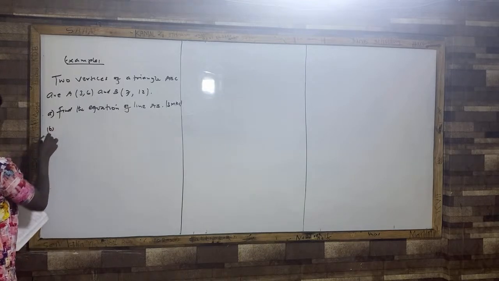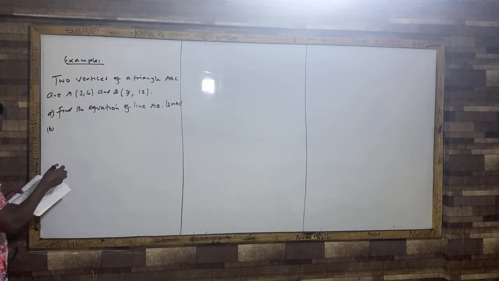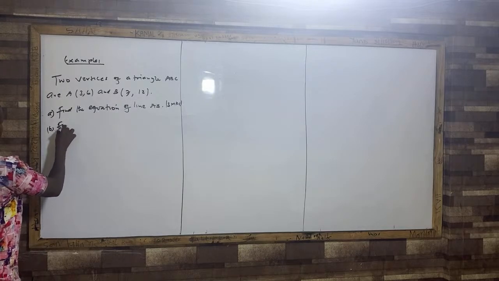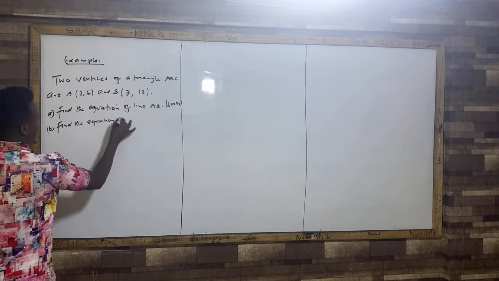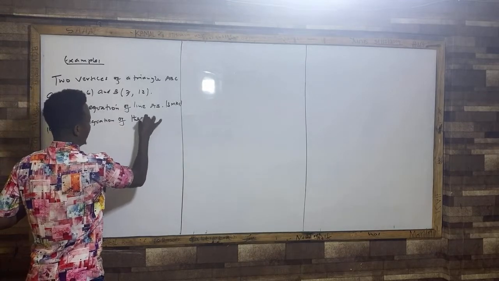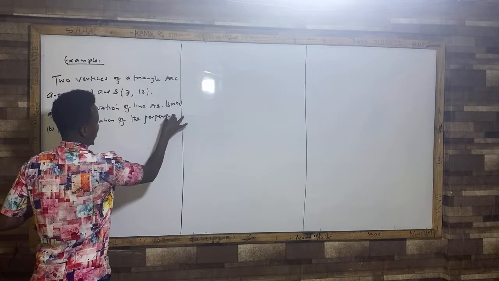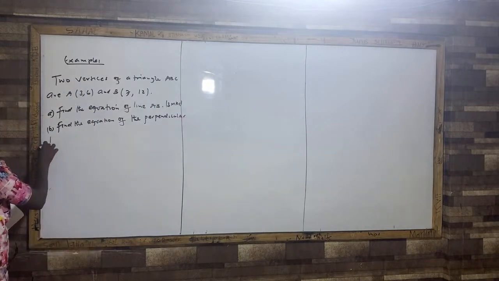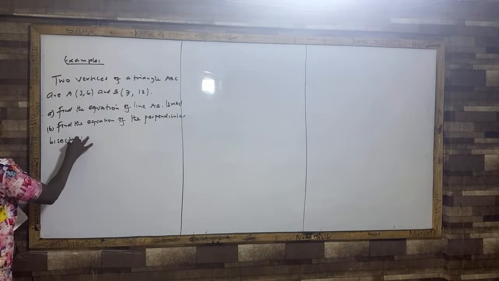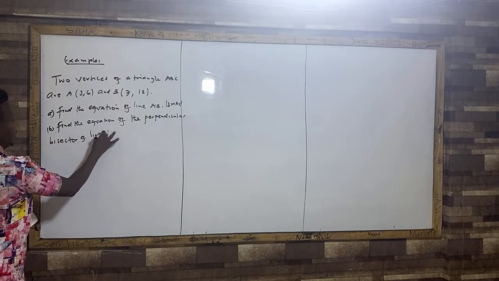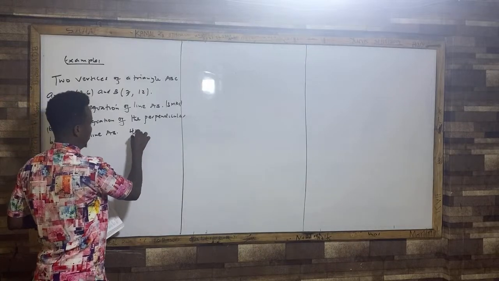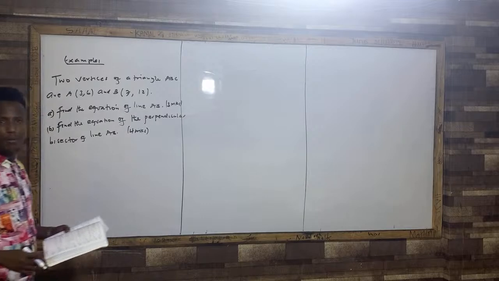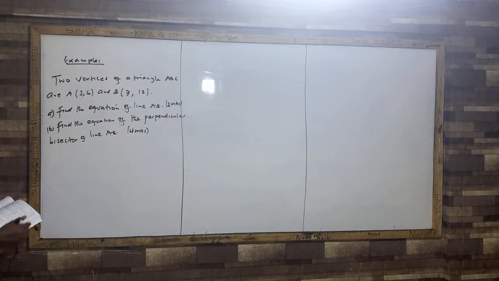Question B, you're told, find the equation of the perpendicular bisector of line AB. This carries 4 marks. Look how mathematics is there. Then question C, you're told,